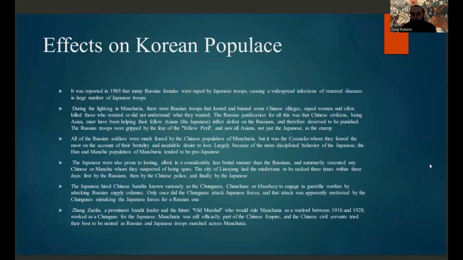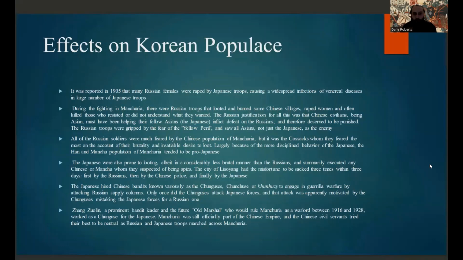Chunguses. I don't know exactly how to pronounce that, or chunchuses. Apologies for possibly butchering that. And they hired them to engage in guerrilla warfare and attack Russian supply lines. Only once did they attack Japanese forces, and that attack was apparently motivated by mistaking the Japanese forces for the Russian one. One of these leaders, and one of the most prominent of these leaders of these groups, was Zhang